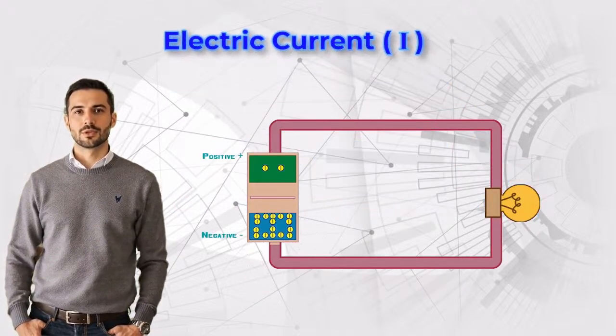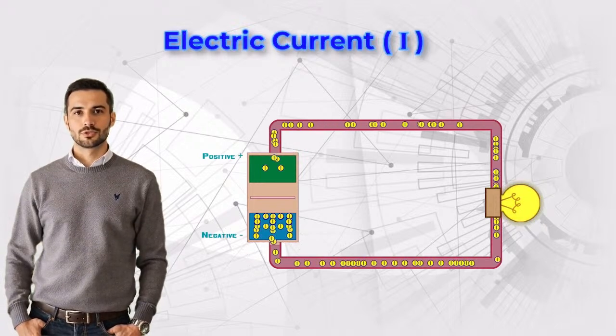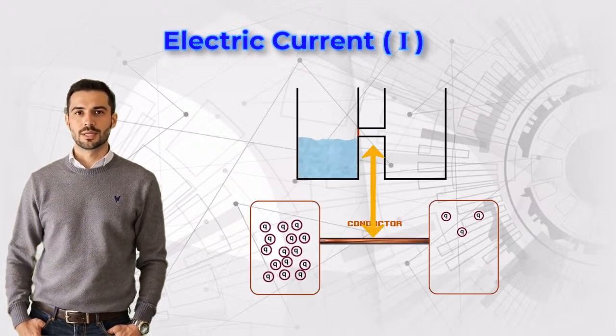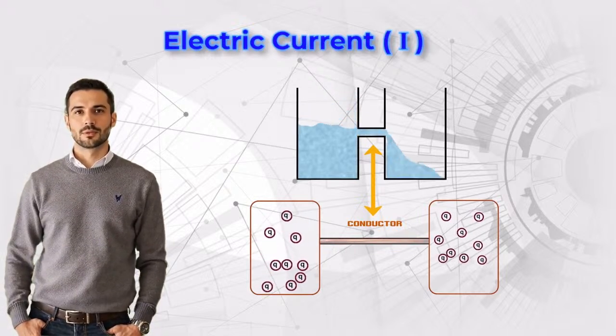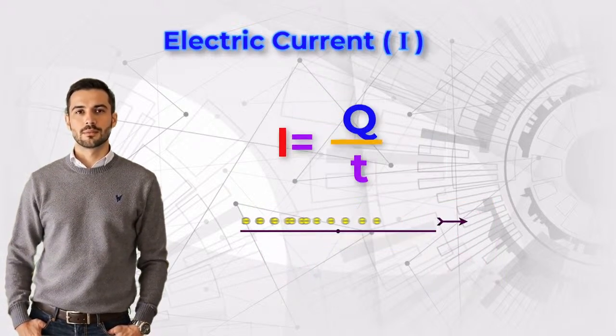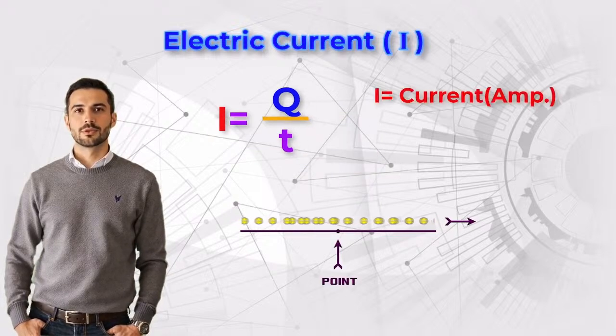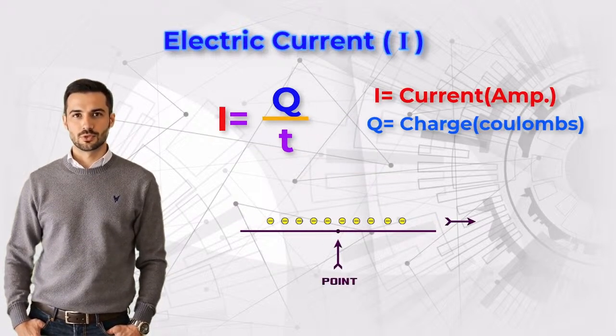What is electric current? Electric current is the rate of flow of electric charge through a conductor. It's similar to the rate at which water flows through the passage in our analogy. Formula: I = Q/T, where I is current, in amperes, Q is charge, in coulombs, T is